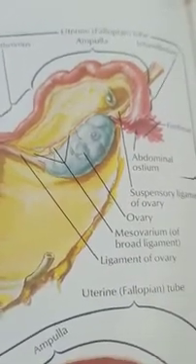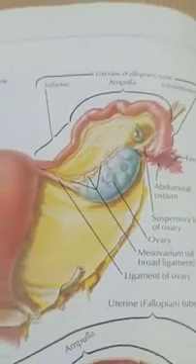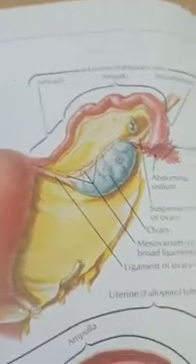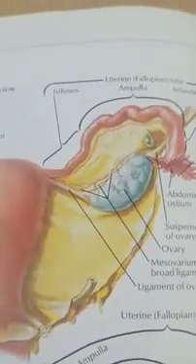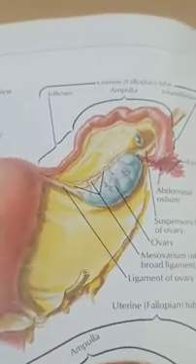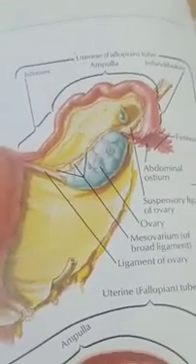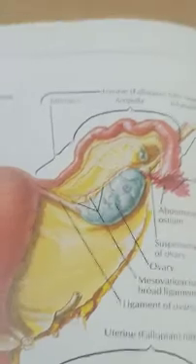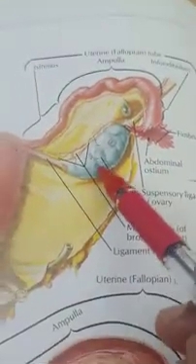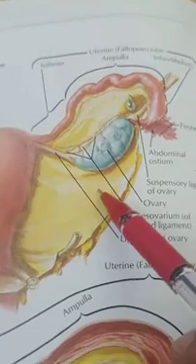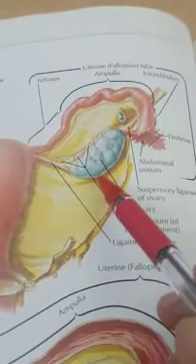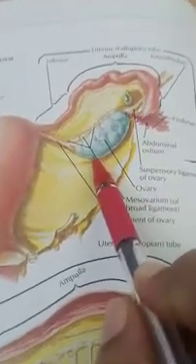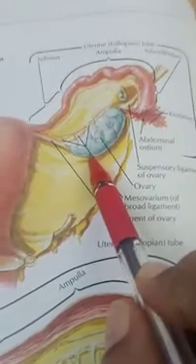Coming to the function of the ovary. Ovary's main function is production of the oocyte, it produces the ovum. During the reproductive life, it produces an ovum within a cycle of about 28 days. That is known as ovarian cycle, 28 days. Then the liberation of the oocyte or ovum from the ovary, that process is known as ovulation. This ovulation occurs on the 14th day from the first day of menstruation, the menstrual cycle.